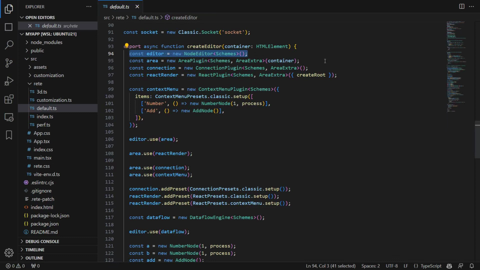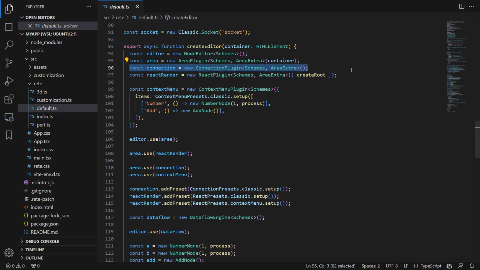The following is the Area plugin. It is responsible for displaying the viewport that the user can drag, zoom, and drag other elements such as nodes within it. However, the plugin itself does not render the nodes and connections. The next one is the Connection plugin. It is responsible for the user's interaction with connections.